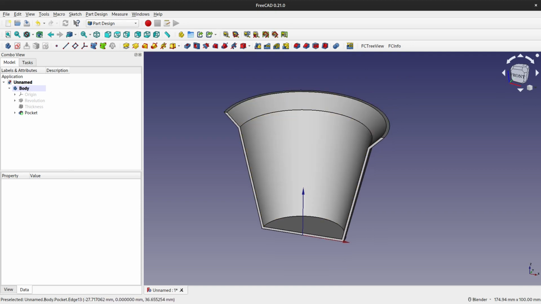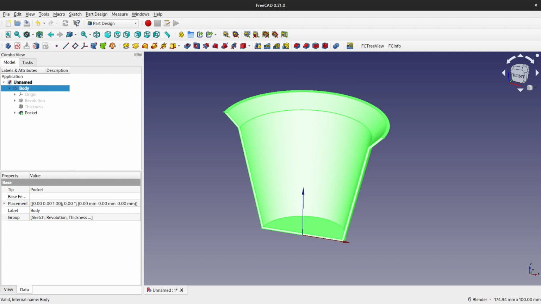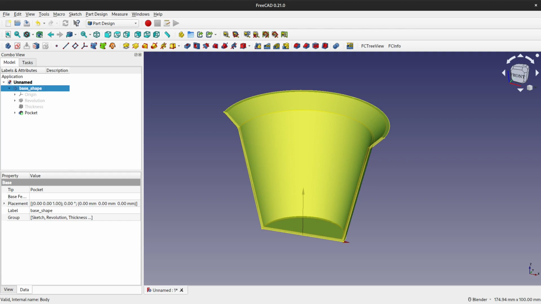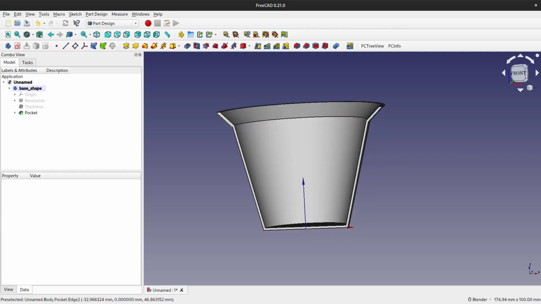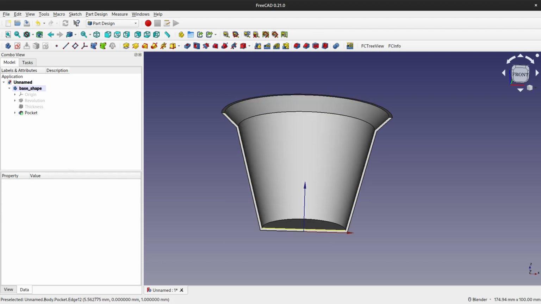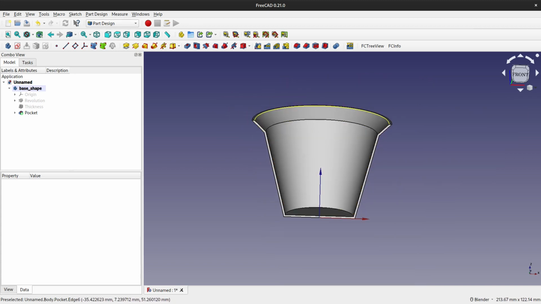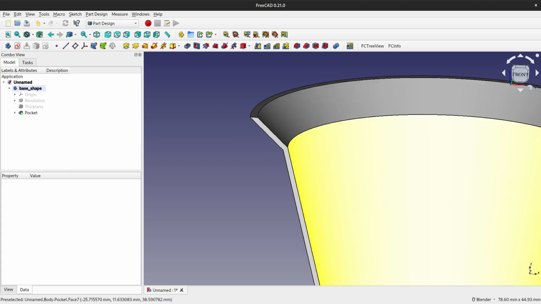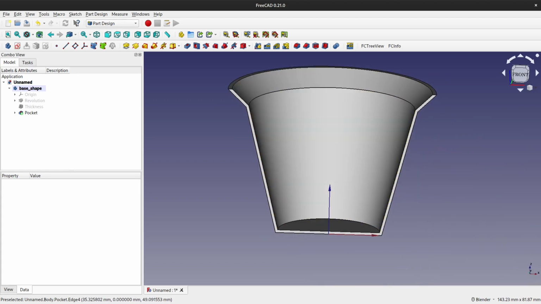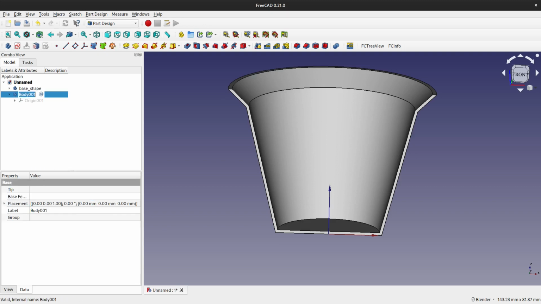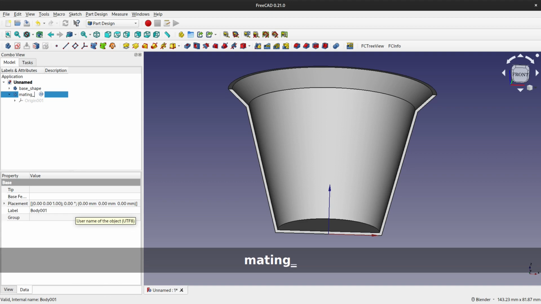Okay, so next I will leave this body as is. I will call it base shape, and the next step is to create this mating surface to make this face bigger, so a groove and a pin can fit it. Okay, so I will create a new body. I will call it mating support,